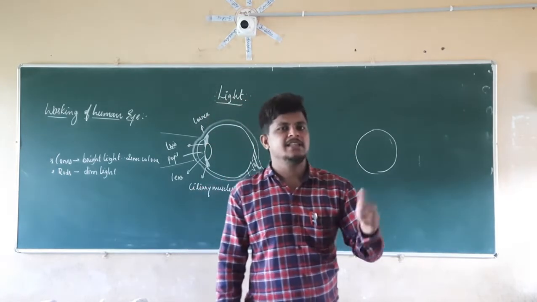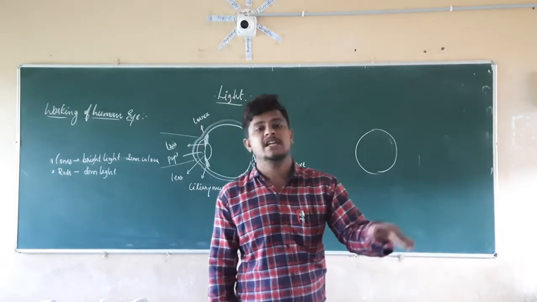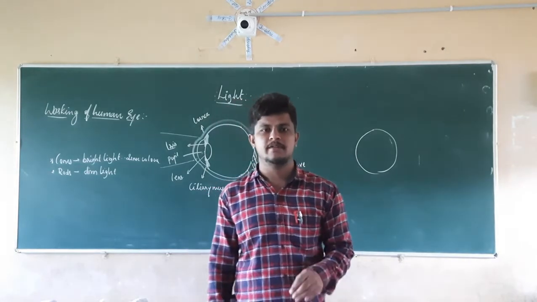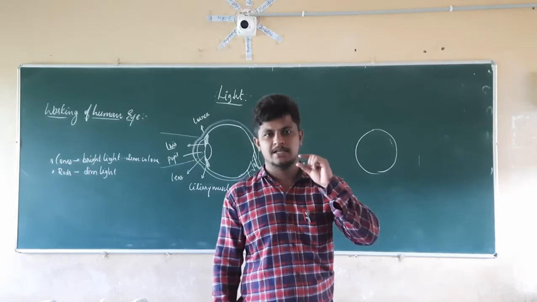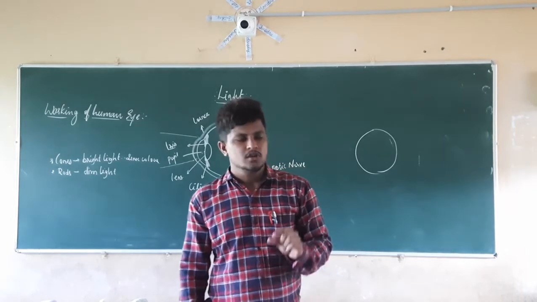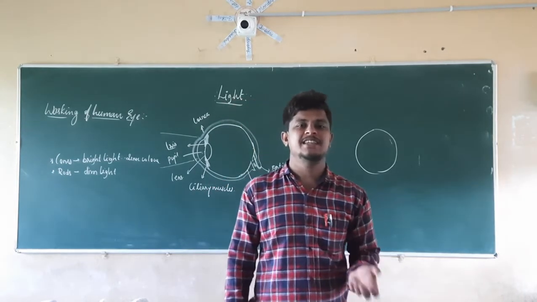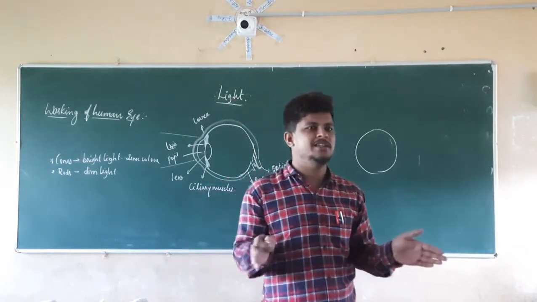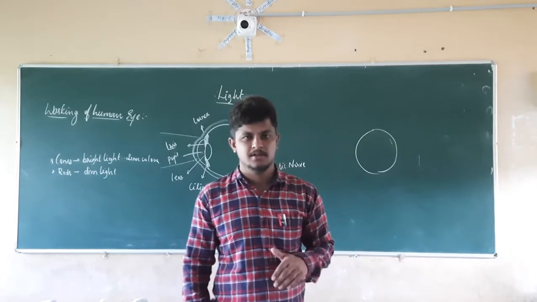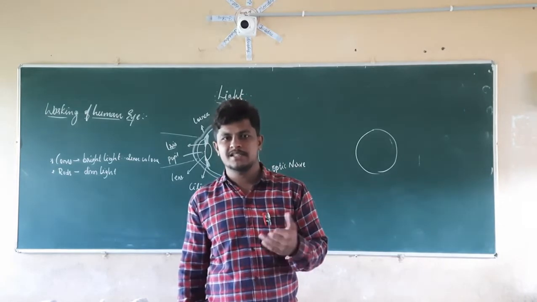Right? If you check the pupil of the same person when he enters into the classroom, after some time the size of the pupil will be larger. Size of the pupil will be larger. So why is the size of the pupil changing here? See here, inside, the amount of light ray, the intensity of light, is smaller. The intensity of the light is less.